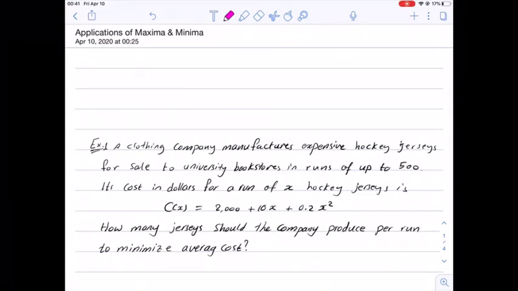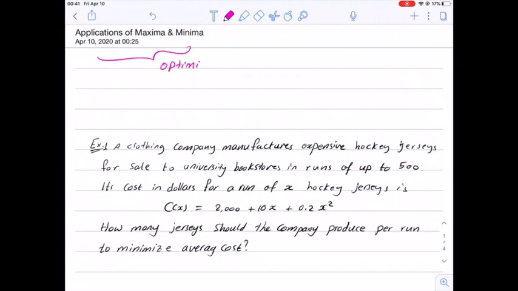In the previous video, we learned how to find relative max, relative min, absolute max, absolute min. These are called extreme values. In this video, we will deal with some applications of maxima and minima. Maxima means maximum values and minima means minimum values. Now, finding maximum values or absolute max, relative max, absolute min, relative min, this process is called